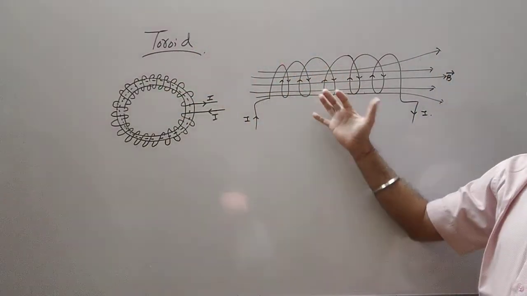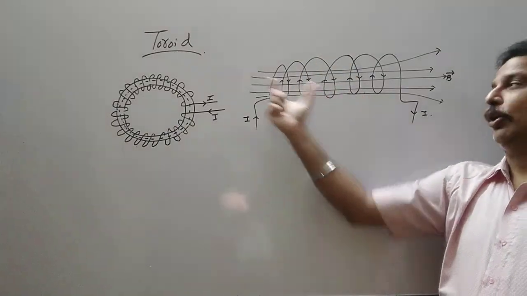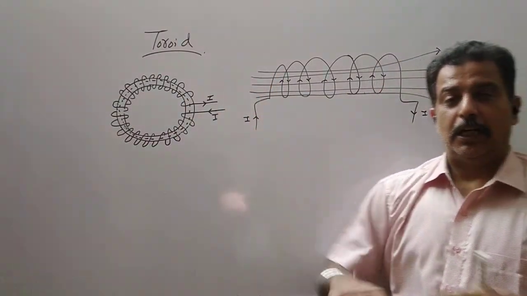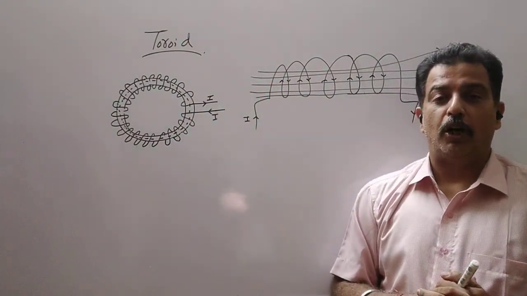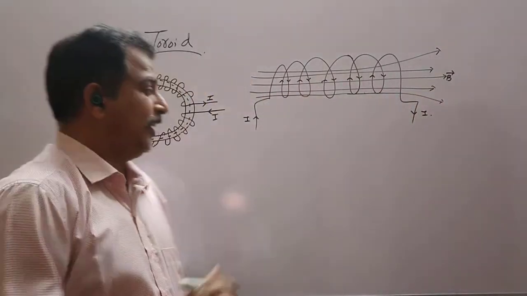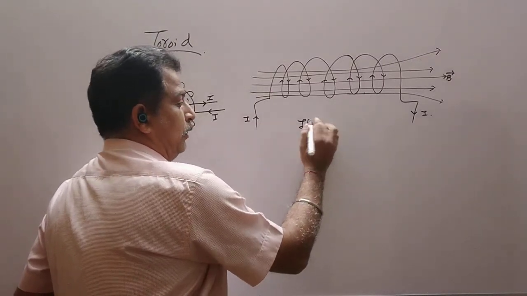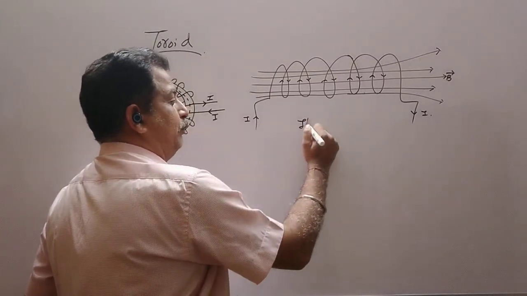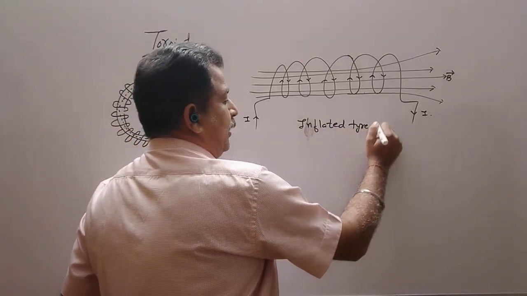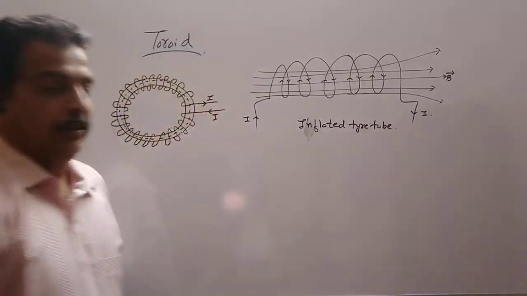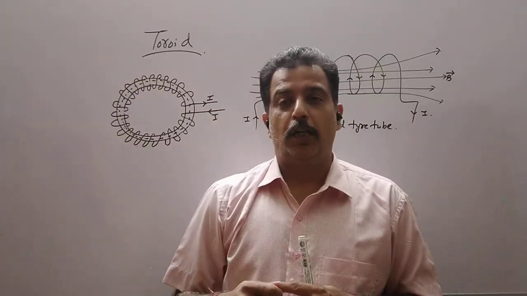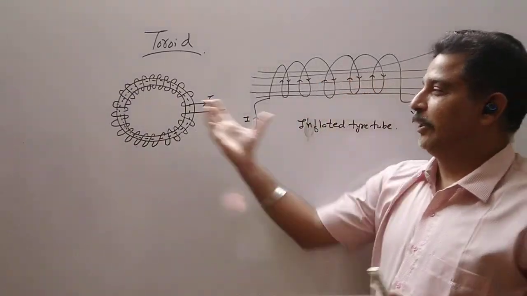In a solenoid, we wound a large number of turns on a non-conducting base. Here also, we will take a base which should be in the form of a hollow circular ring. It is similar to an inflated rubber tube. Suppose we take an example of a non-conducting base, that is an inflated tire tube. Now if we take a tire tube and wind circular turns on it, it gives an arrangement like this.